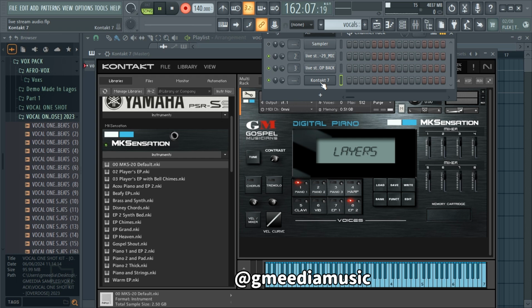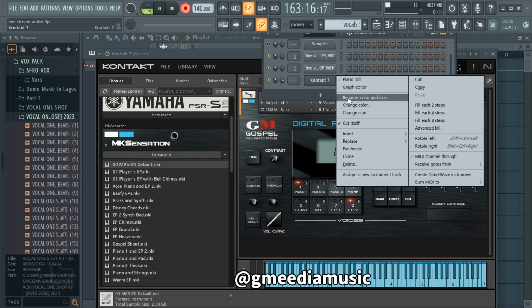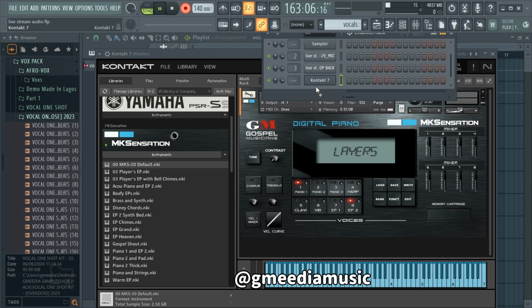What do I mean? For example, if this is MKS20 I'm using, or if it's a piano sound, I will just come here and rename it to that particular thing, so that in case I open Kontakt and something happened and it doesn't load that instrument, with that name, I'm able to locate that particular sound again